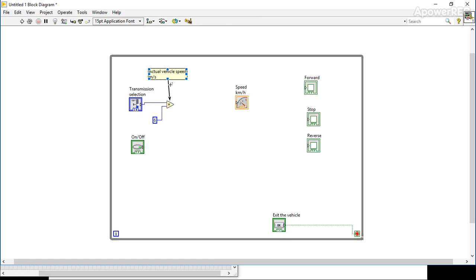Okay, so the next thing to do is to recalculate the speed to kilometers per hour so that we can display them through our gauge. Since this is in meters per second and we need to go to kilometers per hour, that would be to multiply this value by 3.6. Since there are 60 seconds in 1 minute and there are 60 minutes in 1 hour, that's a total of 60 times 60 seconds in 1 hour. That's